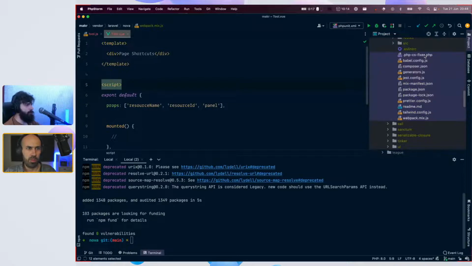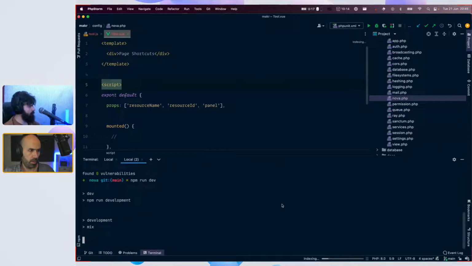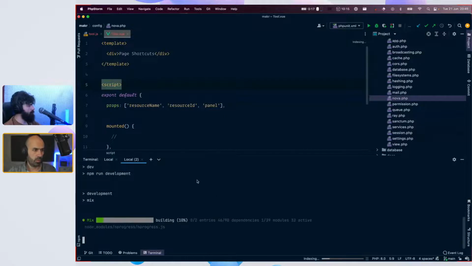We are just building a JavaScript project with the dev flag, and that's it. And then you have to publish probably.